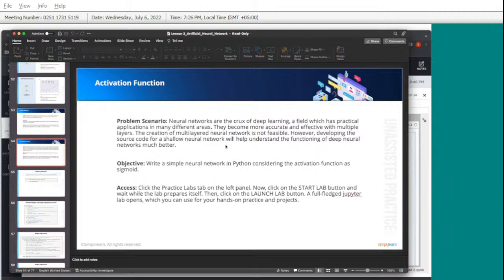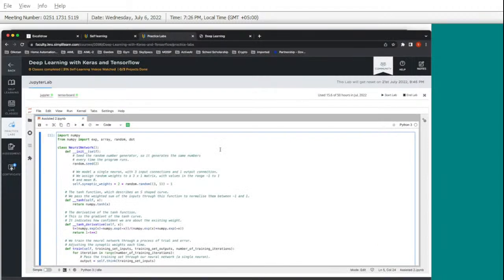But it's in the same line that we will actually build a neural network without anything of TensorFlow whatsoever, with whatever knowledge that we have, and with only NumPy and whatever we need from everything else. This is exponential, array, random and dot operation, right? So what we'll do is like